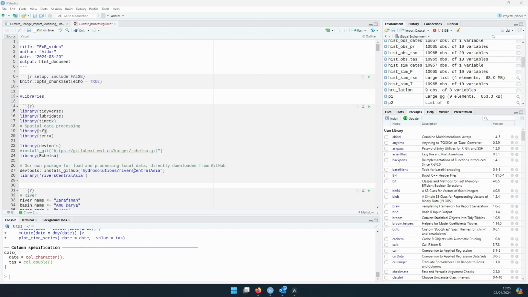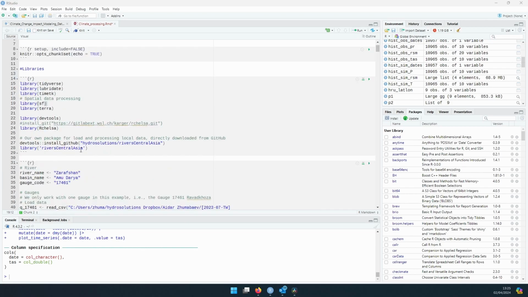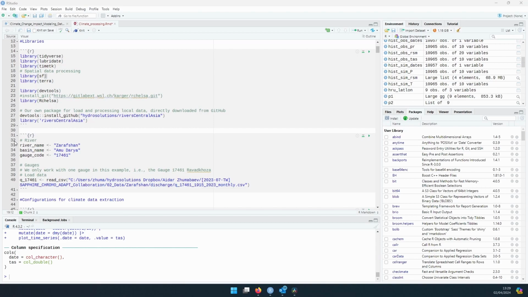For this video, we will need the libraries Tidyverse, Lubridate, TimeTK, SF and Terra, libraries for spatial processing. We would need the library rChelsa for downloading the Chelsa data, and we would need the Reverse Central Asia package for data processing. After that, we need to specify our variables: river name, basin name, gauge code, and we need to load our CSV discharge data to the variable